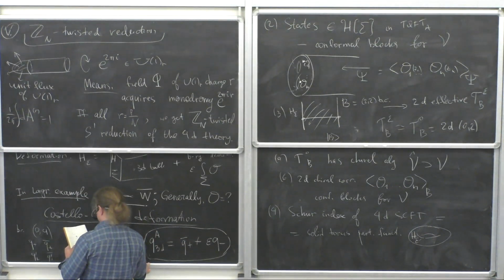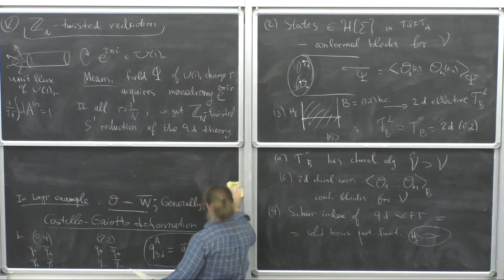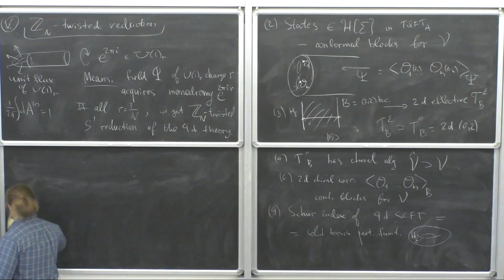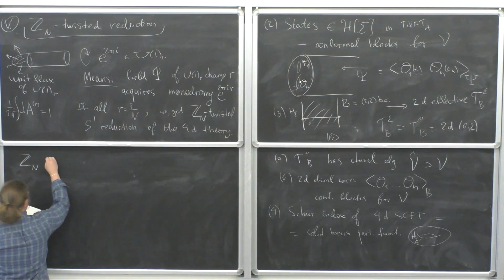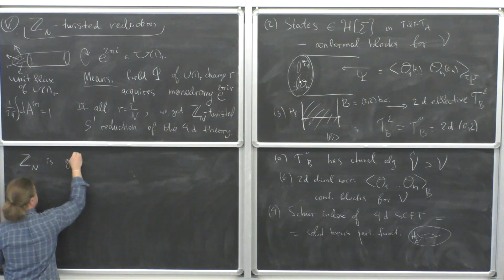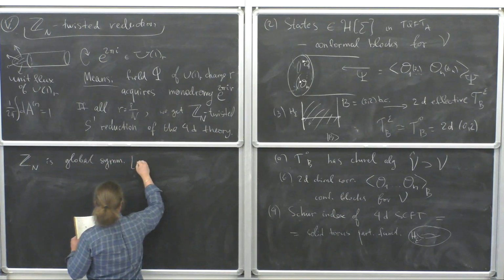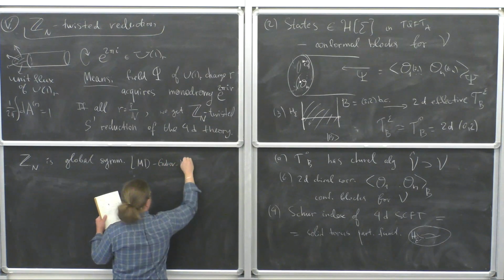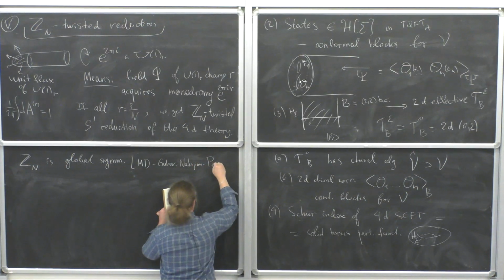Now, this Z_n is actually a global symmetry that such theories have. So this Z_n is a discrete global symmetry of such theories. This observation goes back, I guess, to my paper with Gukov, Nakajima, Dupé, who's here, and yeah,